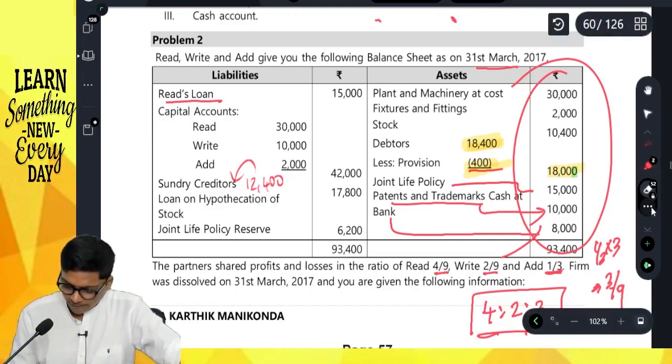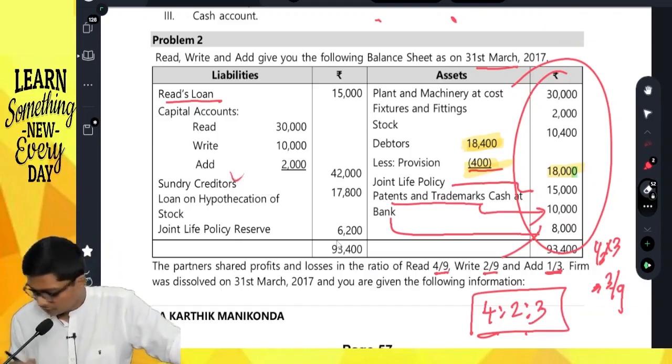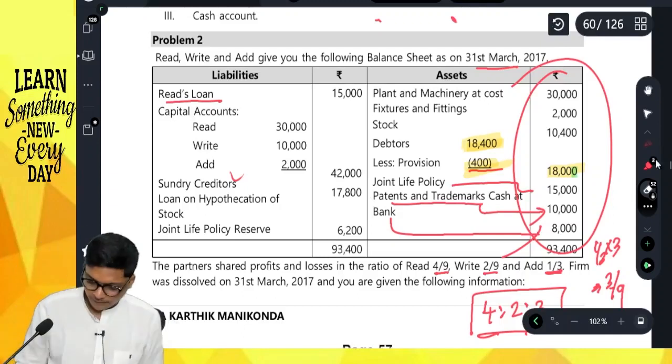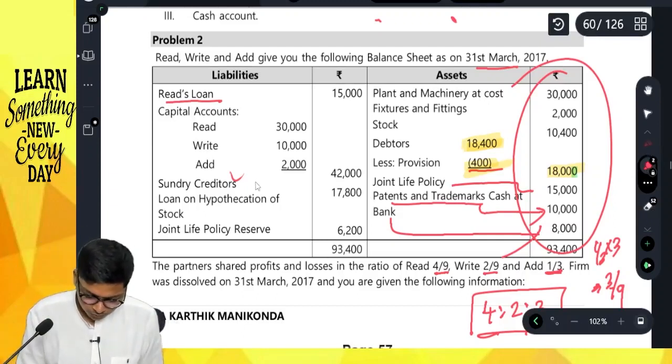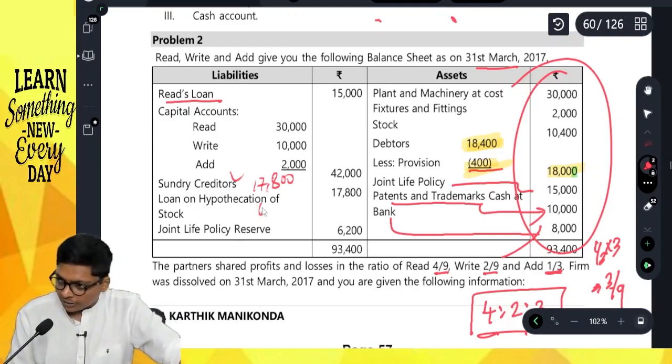What's the values? It's not ICA study mat, that much I know. 1 second. JLP reserve is 12,400. 6,200 is loan. 17,800 is creditors. Okay. Loan is 6,200, correct? And this is,